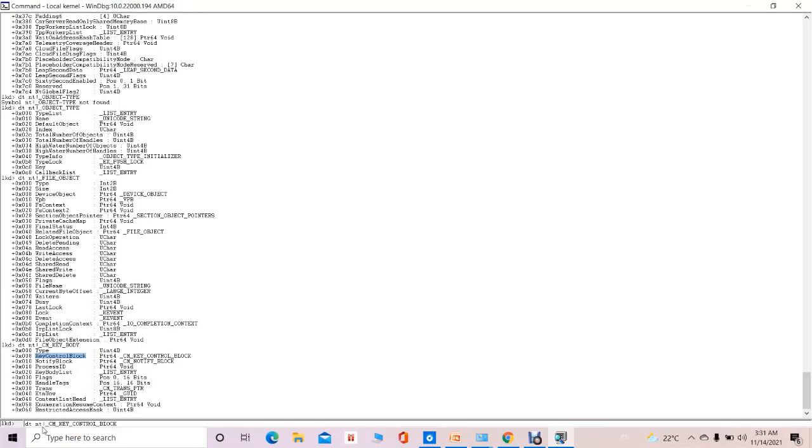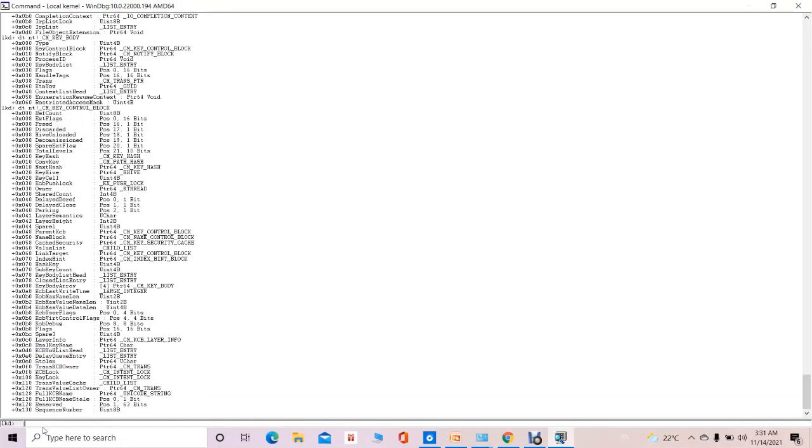This cm underscore key control block is the name of that particular structure, the key control block, and it has various fields. One of the important fields is the KCB last write time, that is, key control block last write time.